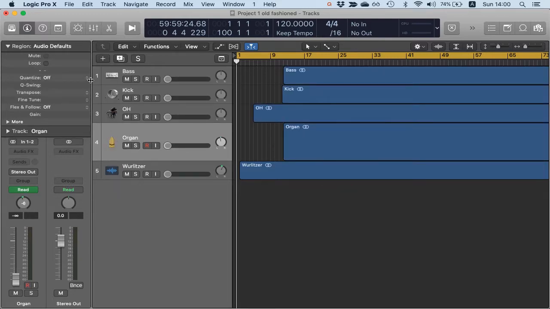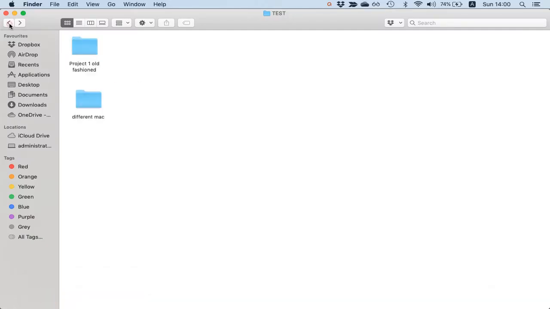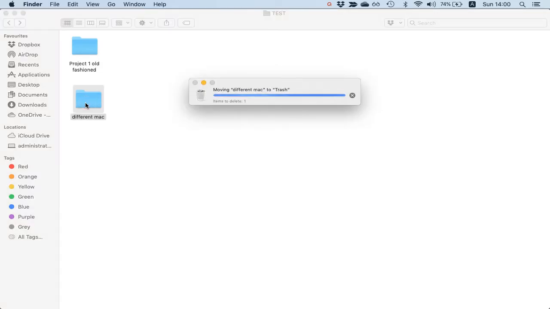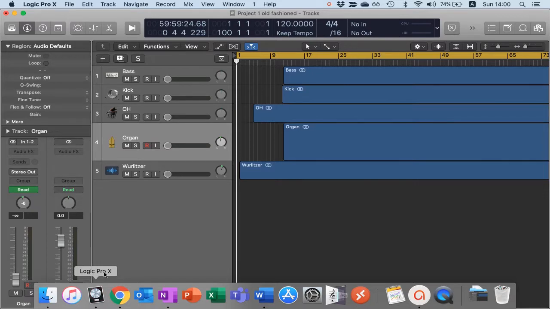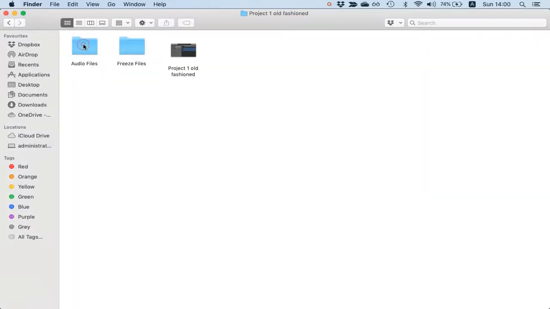So when you save it as a project folder, let's quit that and go back to here. Don't save. When we save it as a folder, you need to copy absolutely everything. In fact, you need to save the entire folder. If you go into that, that's where all the audio files are, and there might be other folders. There might be the bounces, the freeze files, and also the pictures of the audio files